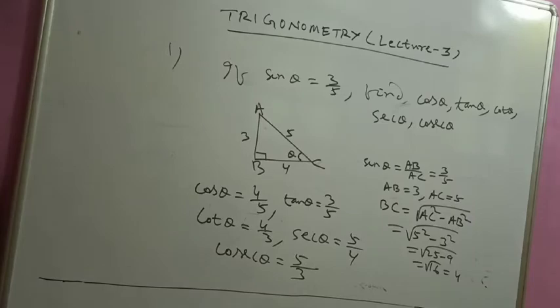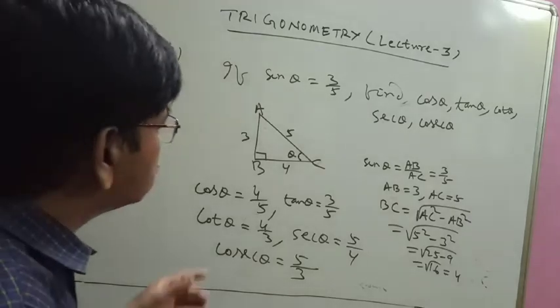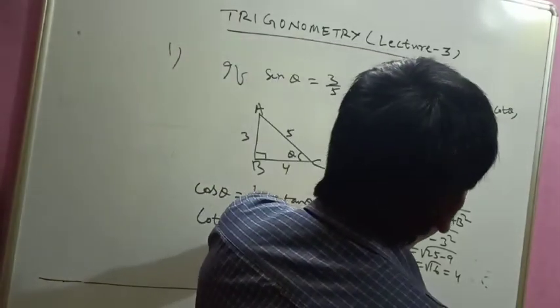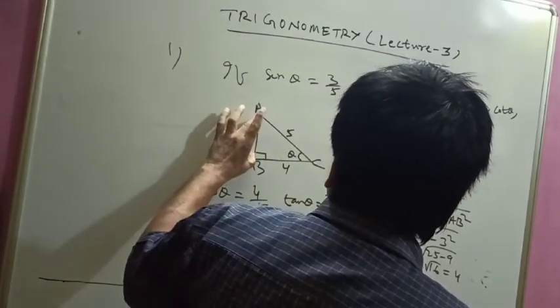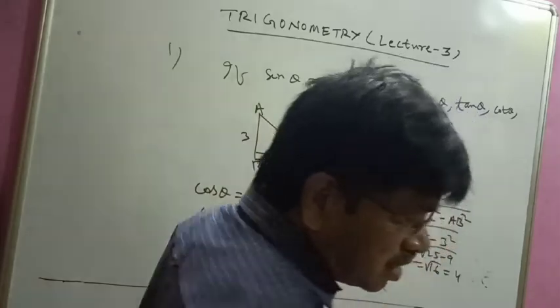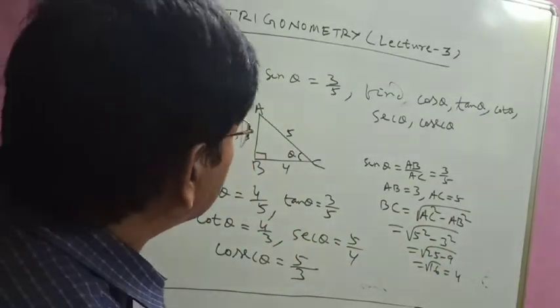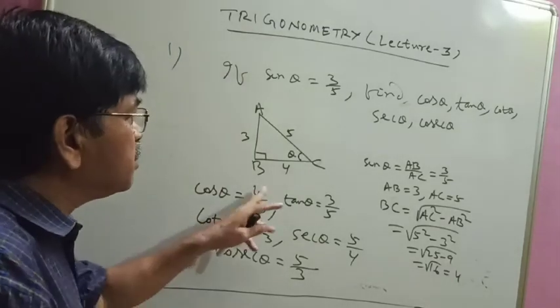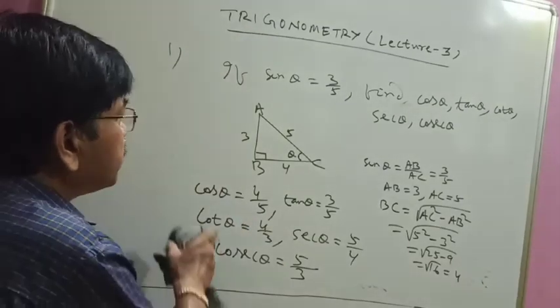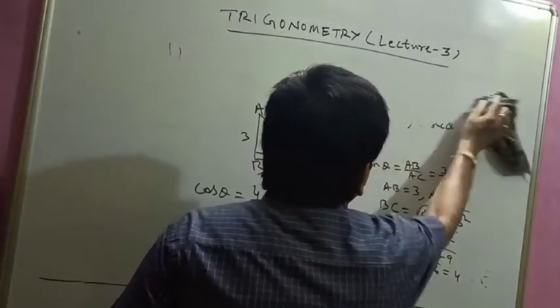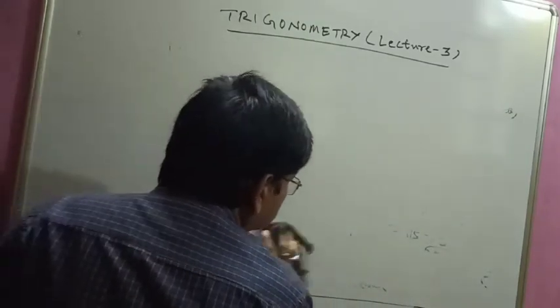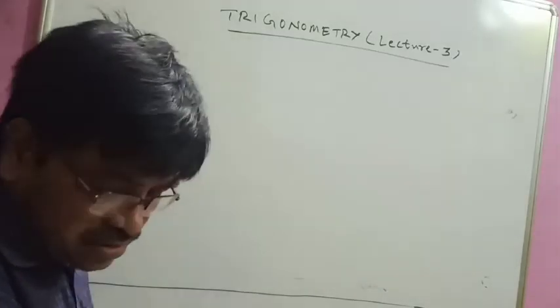So what we do, from the given trigonometry ratio you find two sides. Here the given trigonometry ratio sin theta is given as 3 by 5, so you got two sides, this and this. The third side you will find out using Pythagorean theorem. Then after that you apply the ratio formulas. Cos is B by H, tan is P by B, and it is very easy. So I am giving some questions, so you solve.